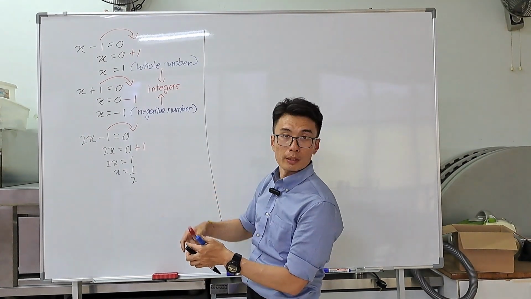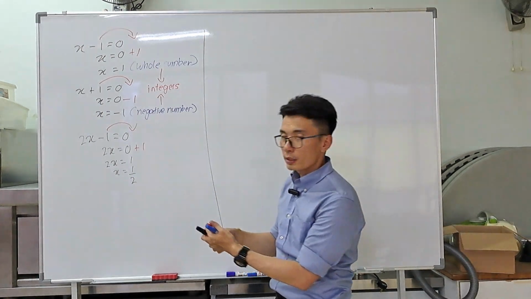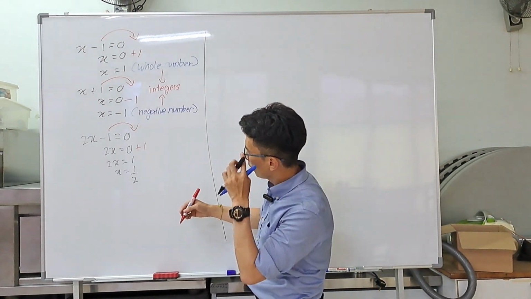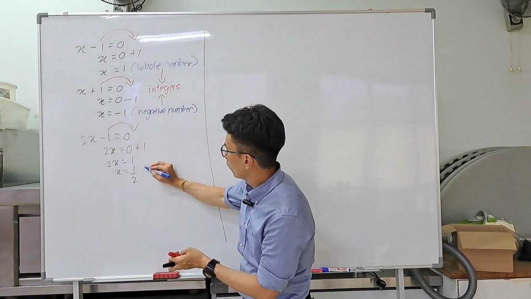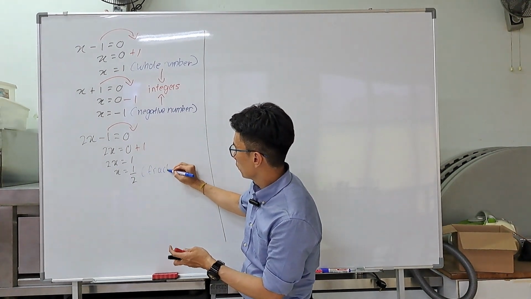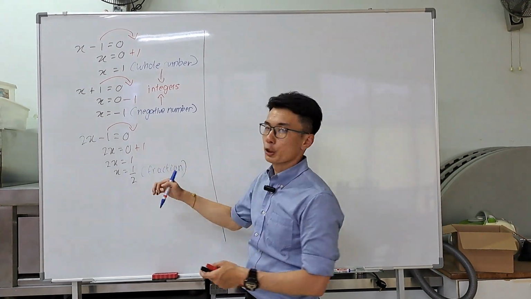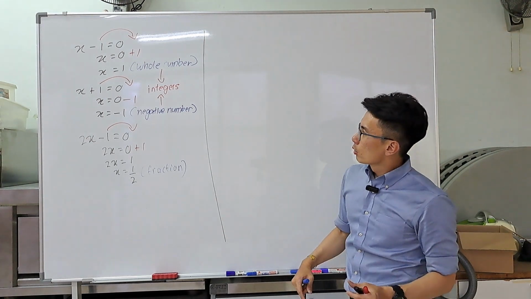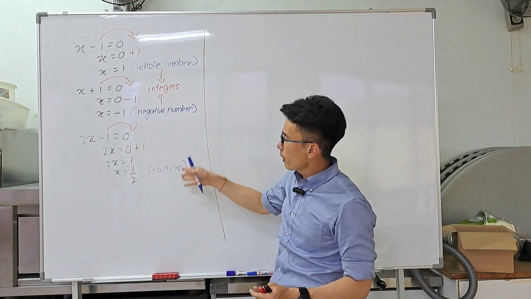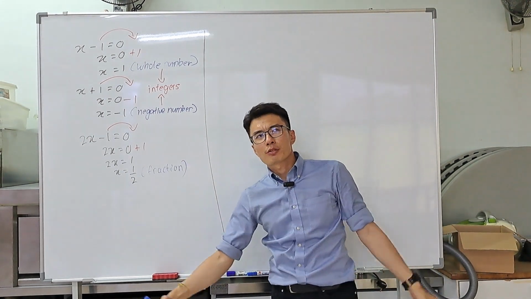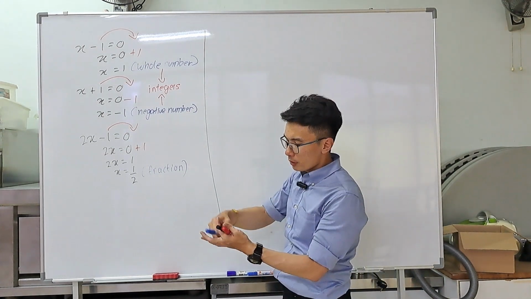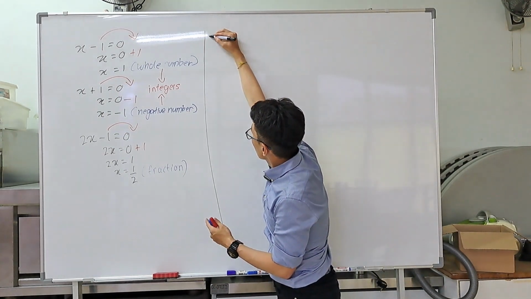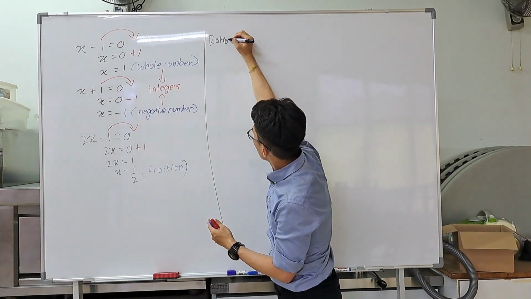Now, what do we call these numbers over here? This is another type of number that you have learned. We call these fractions. All right? Fractions. Okay? So, based on all these numbers, what is a rational number? So, a rational number here, I can write like this. So, rational numbers,